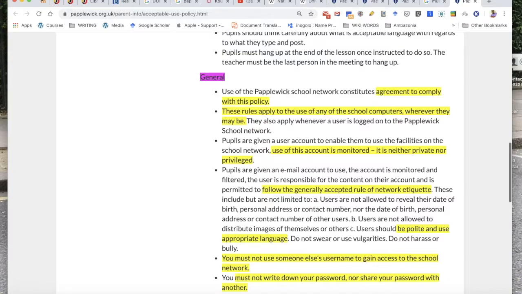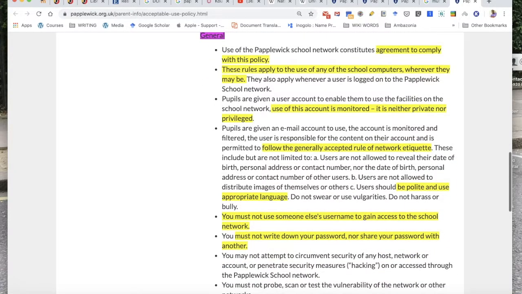When you use school devices or the internet to communicate, you need to be polite and use appropriate language. You cannot use someone else's username to gain access to the school network, and you must not write down your password or share your password with others,